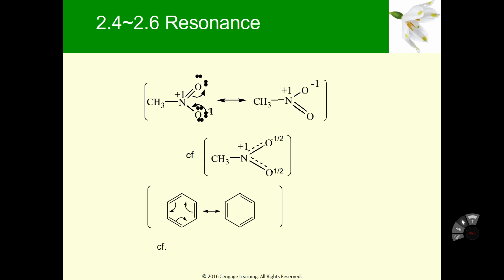Another example is the benzene molecule. You have 6 carbons connected to each other, making a ring, but all these six bonds are the same. So actually, the real structure will be like all 6 bonds are 1.5 bonds instead of double bond, single bond, double bond, single bond, double bond, single bond. It's not a correct representation of this molecule. Okay, so